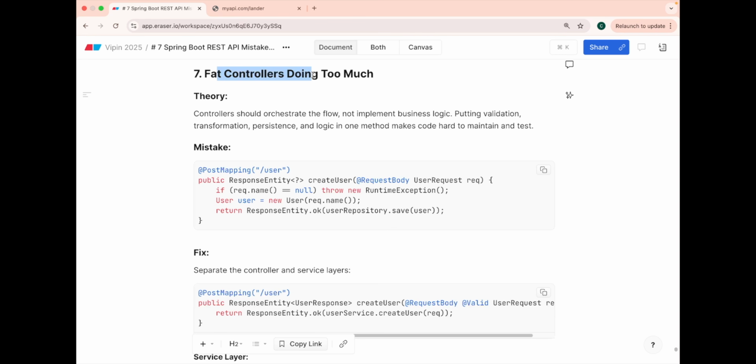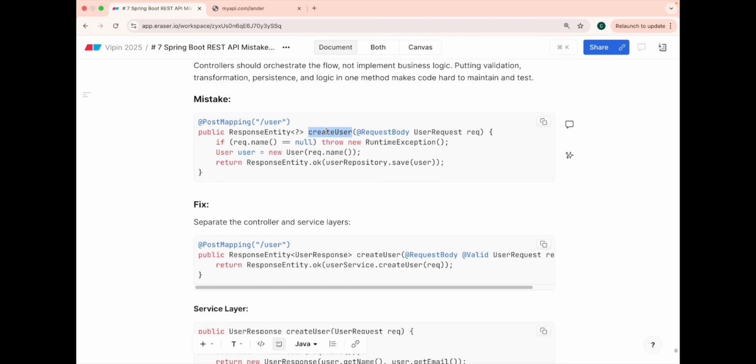So all your business logic is added to a separate class, and you give a call to that separate class. Keep it simple, keep it segregated and loosely coupled, and do not give much responsibility to your controller, which is only responsible for handling your user request, and not transformation, validation, persistence, and all XYZ kind of logic. So the mistake that you make is when you get a request to create the user, you check whether it's not null. This is the first exception that you do. Don't do validations here. Create the validations with @Validated in your POJO and do the validations there. Just give a call to it. Don't do all the kinds of validations here.